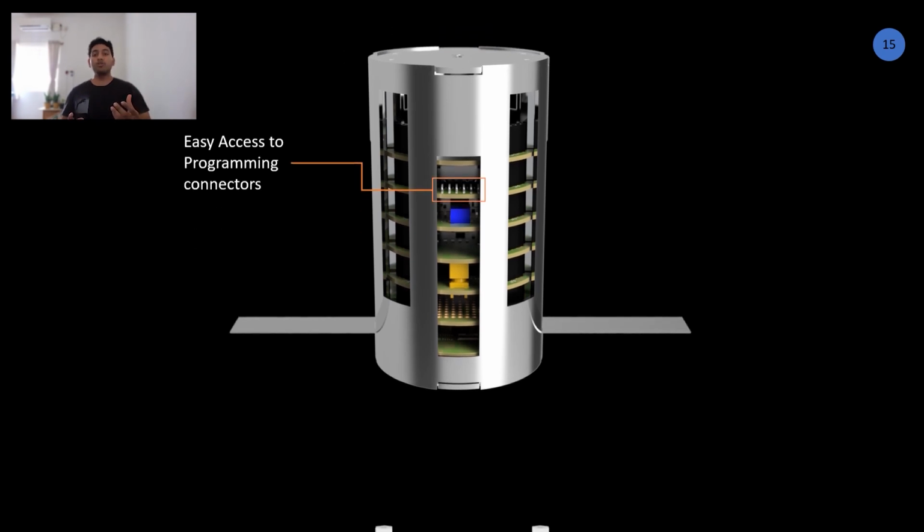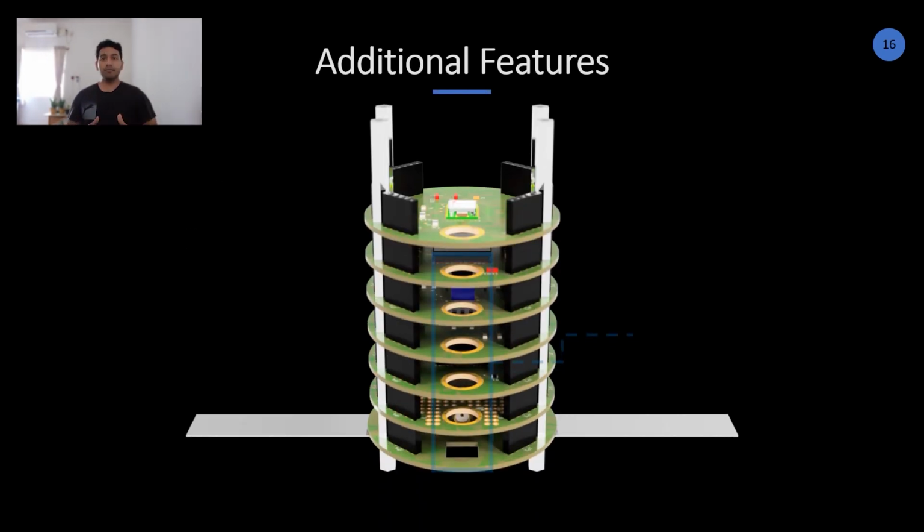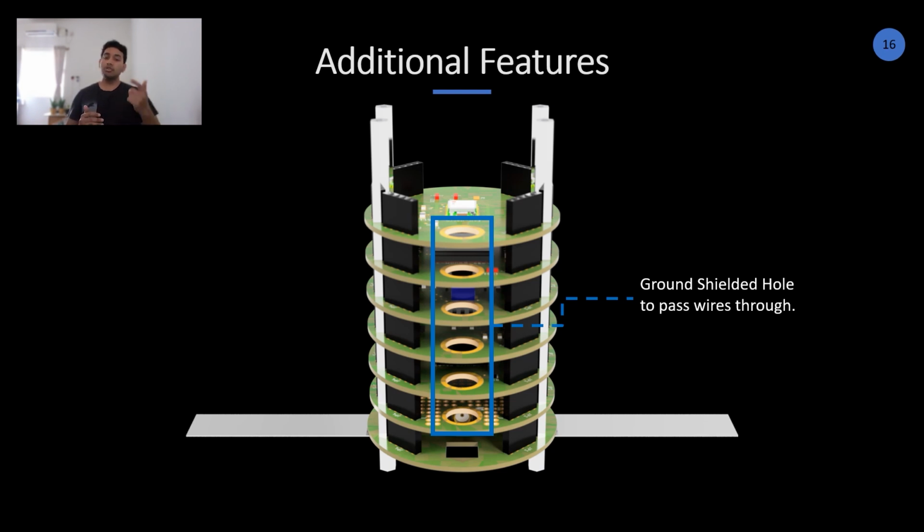Along with this, we also provide a grounded hole. Now, this grounded hole actually has shielding around it. So if you want to pass any wires through from any subsystem that is on top to any subsystem on the bottom of the CanSat, you can pass it through this hole. Because it's grounded, even if there's any interference caused by those wires, the interference is slightly absorbed. It won't enter into the other subsystems and cause any interference within those subsystems, at least to a certain extent, not completely, but the grounding does help to a small extent.